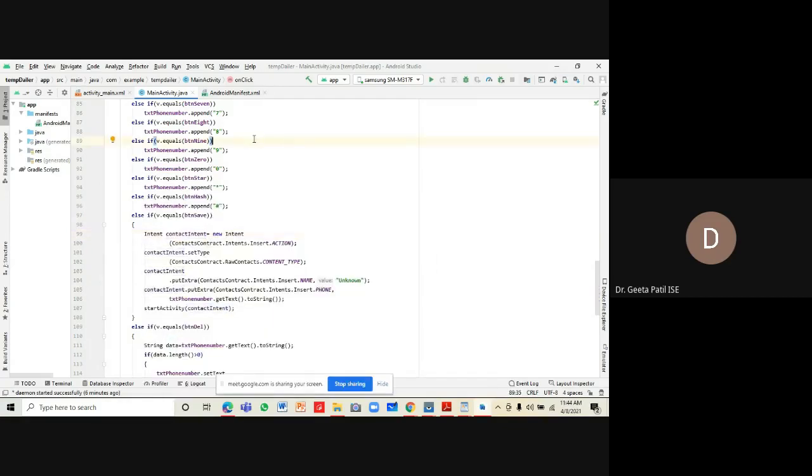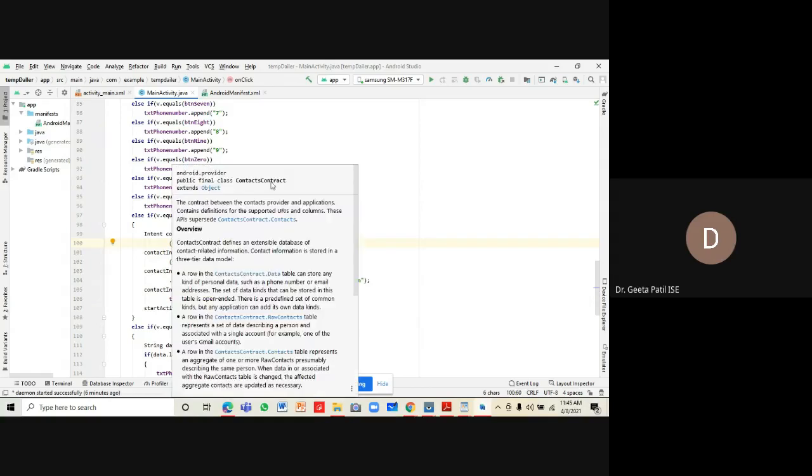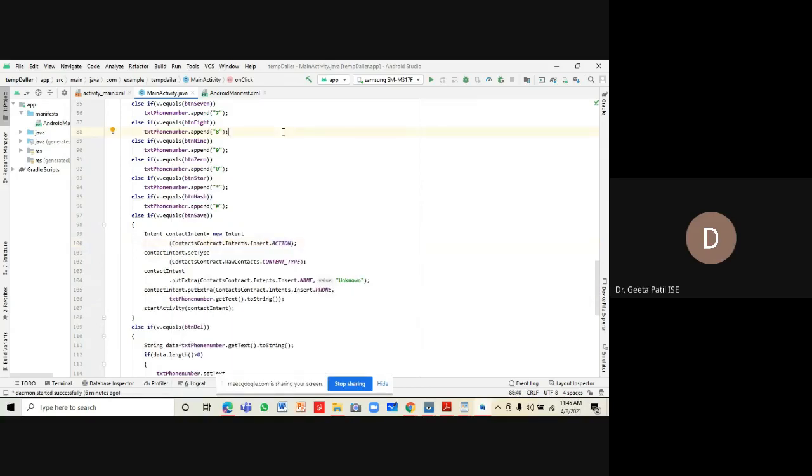The intent is used for communicating between multiple different apps. So what type of intent is this? It is a ContactsContract type of intent. It is supposed to take some action, and the action can be either writing, reading the contacts, and so on.